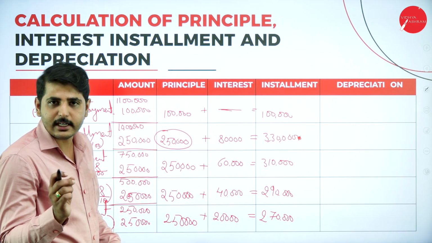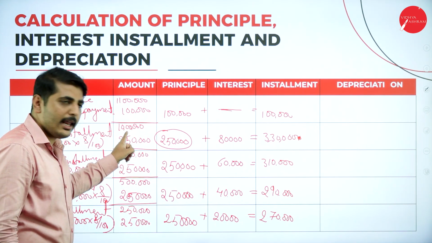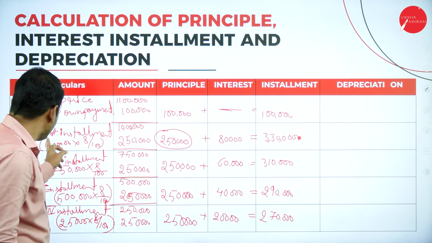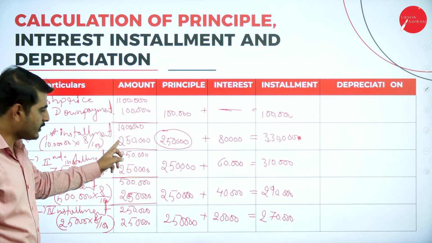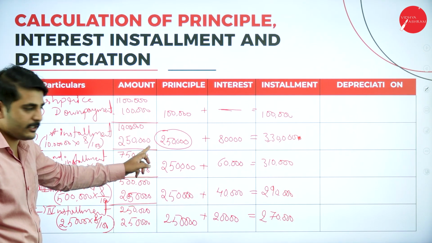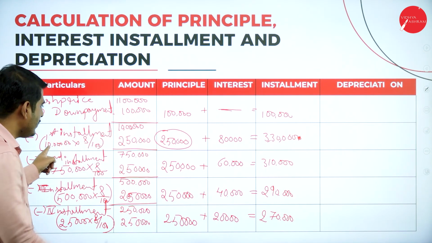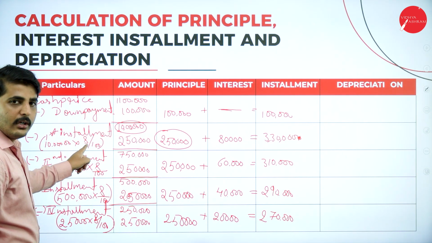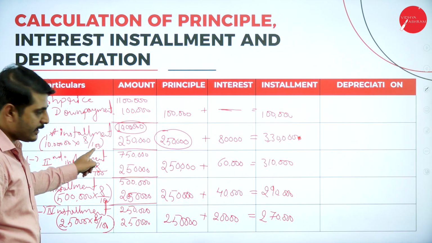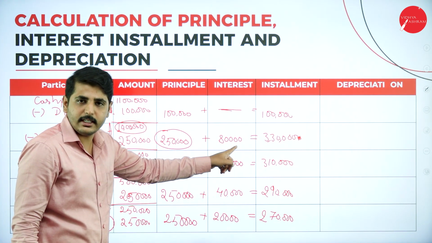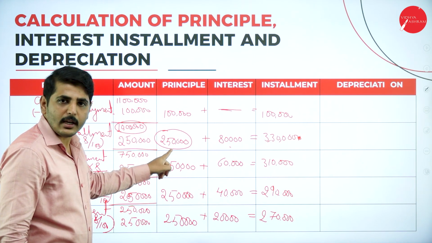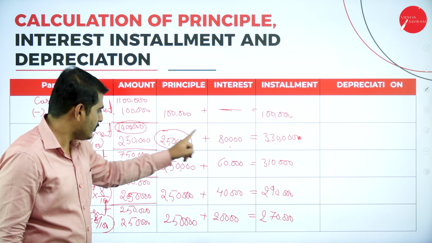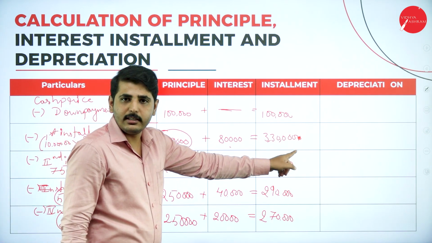Now we don't know the interest. We have to calculate the interest, only on the balance amount. I hope you are getting it. See, what is the first installment? 2,50,000 is the first installment we are paying. So what is the interest on the balance? On this amount we have to calculate the interest. 10 lakh into 8 by 100. 8% is the interest. So what is the interest? 80,000 is the interest. So what is our principal amount? 2,50,000. What is the interest? 80,000. So principal plus interest equals installment.